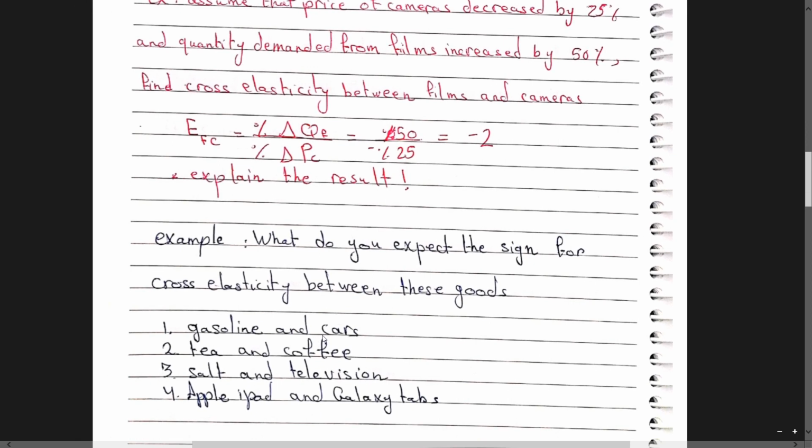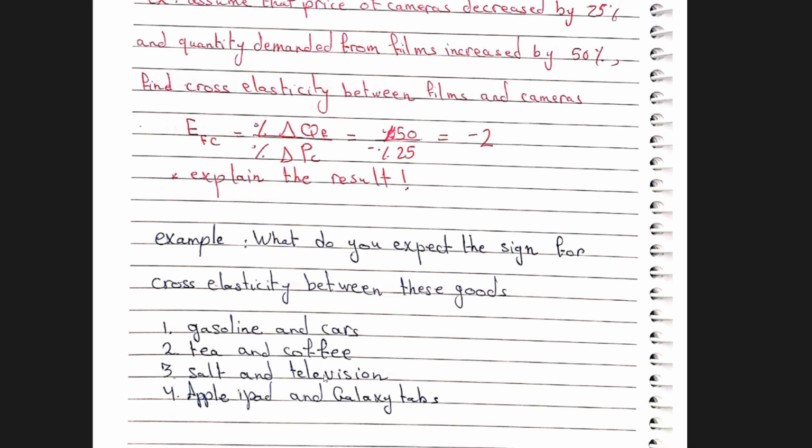Gasoline and cars, they are complement. Complement means cross elasticity will be negative. Tea and coffee, they are substitute. Substitute means positive sign for cross elasticity. Salt and television, what does salt have to do with television? There is no link between them. So they are independent goods and cross elasticity will equal 0. Apple iPad and Galaxy tabs, they are substitute. So the sign for cross elasticity will be